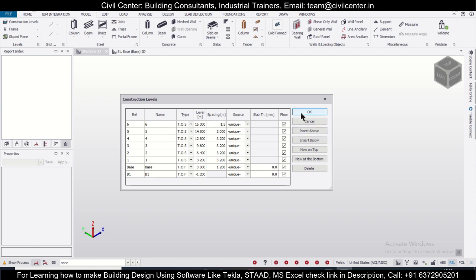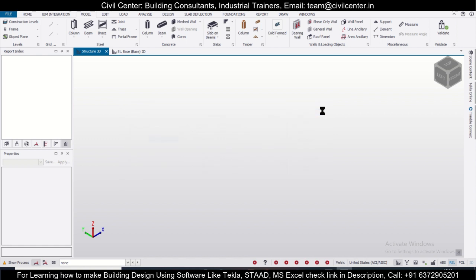So after that we'll just click on OK, and before that you can name this as last floor, just to make sure that we choose the columns up to this one, because this will be the last slab level, and after that will be the remaining things. So after that you can go to the option for your grid lines.